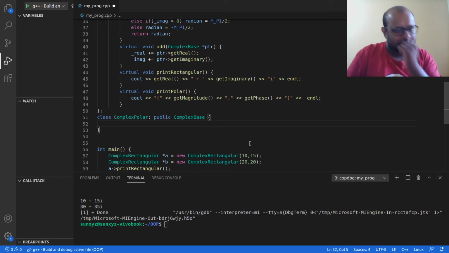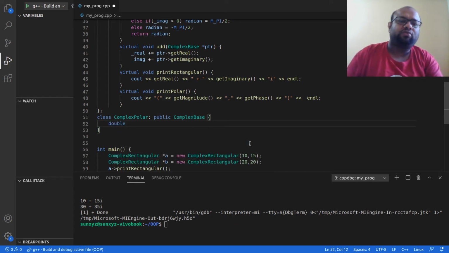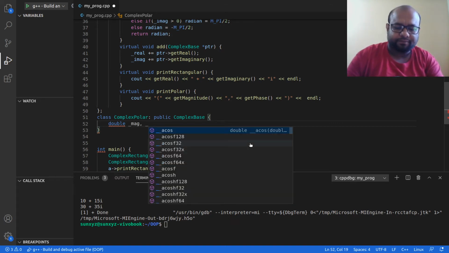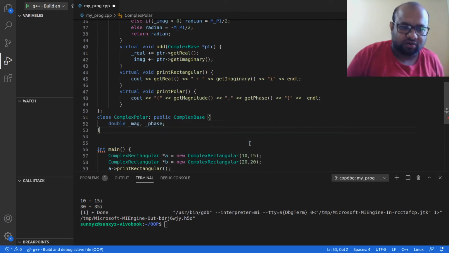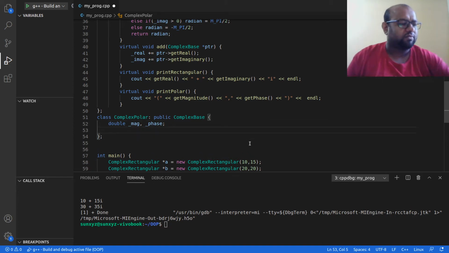Alright, so like before, I need two things. Before, in complex rectangular, I needed the real part and the imaginary part. Now in polar representation, I need magnitude and I need phase. These two are the values that I am going to need in order to represent this complex number in polar form.